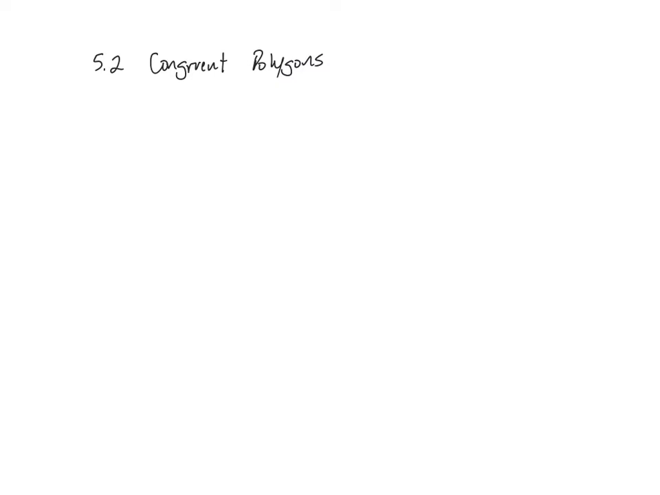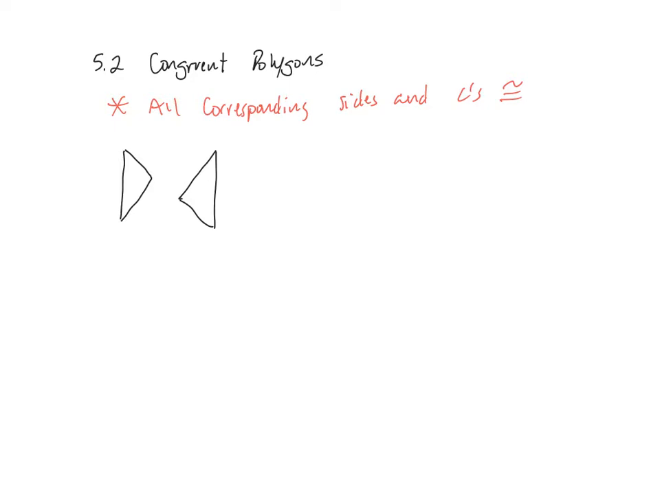The big thing to remember when polygons are congruent is that all corresponding sides and angles are congruent. Okay, so if this shape